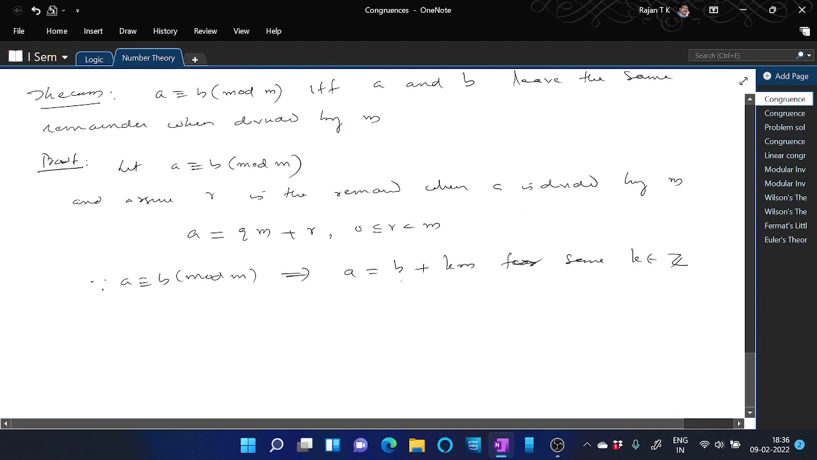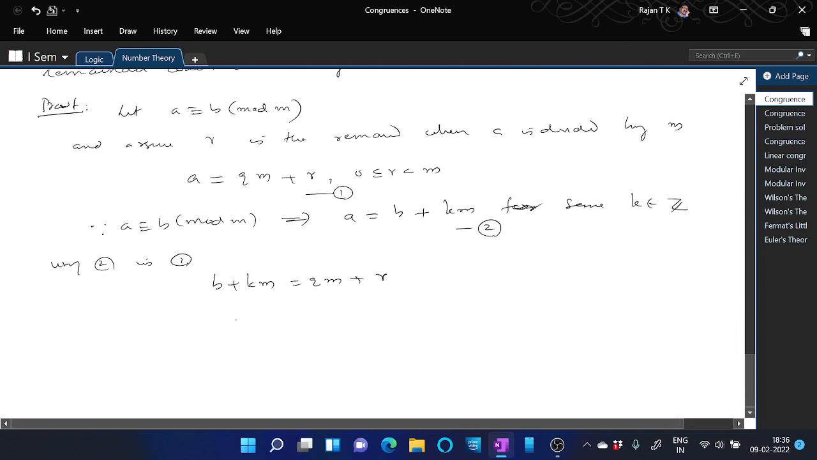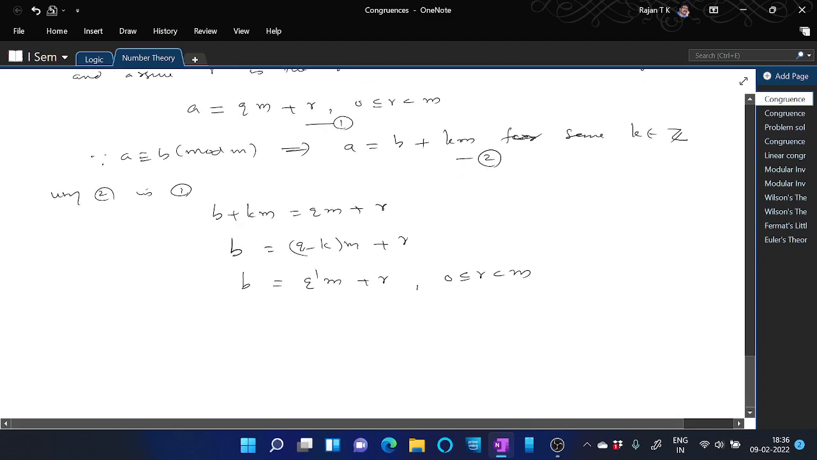So substituting A equal to B plus Km in this equation, this is 1, this is 2, using 2 in 1, we get B plus Km is equal to Qm plus R. That is, B is equal to Q minus K into M plus R. Q minus K is some integer, so we can take it as Q dash. So B is equal to Q dash M plus R. Here R is already satisfying the condition 0 less than or equal to R less than M, and therefore by the division algorithm,